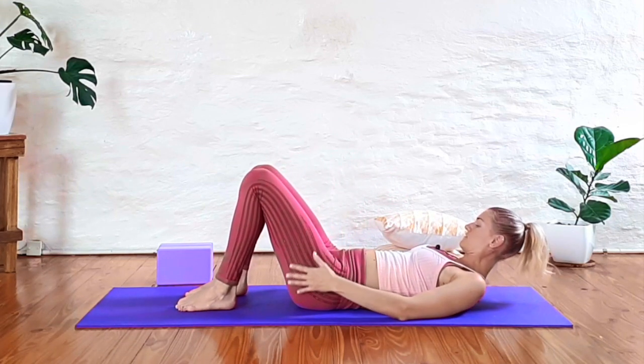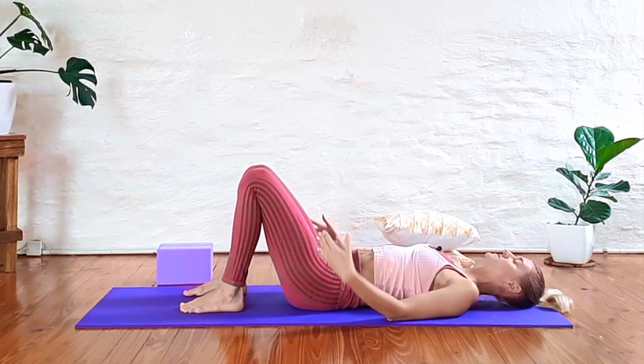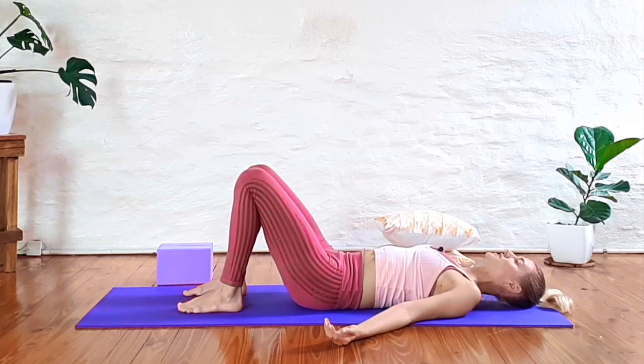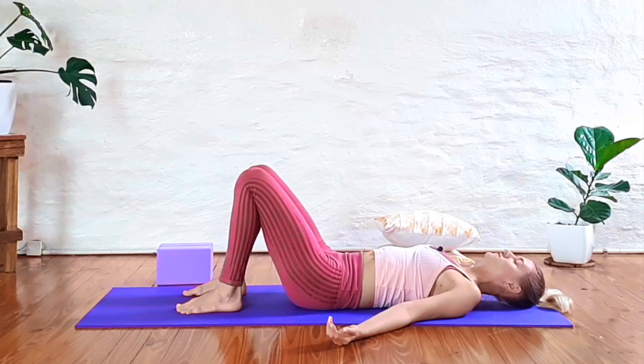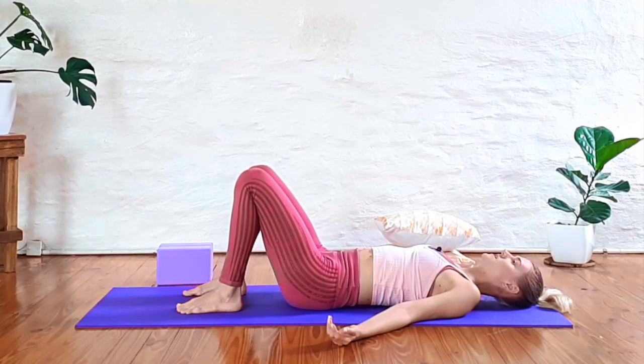Coming onto the soles of your feet, hips width apart. Arms can come by your side. Draw your belly button in and curl your tailbone towards your pubic bone, just finding a gentle pelvic tilt. And then slowly release. So let's move for a few breaths through these very gentle pelvic tilts, not lifting the